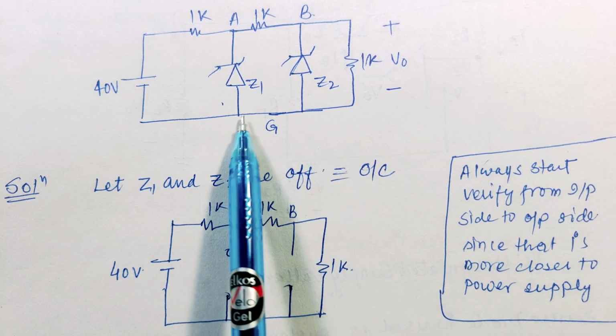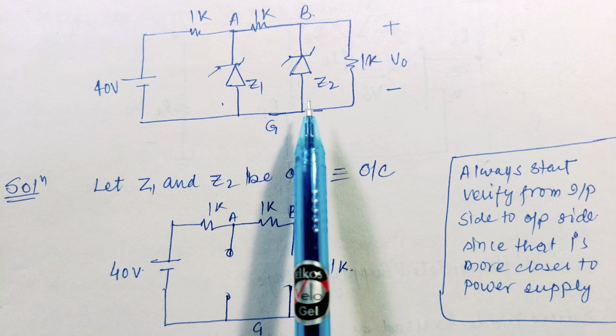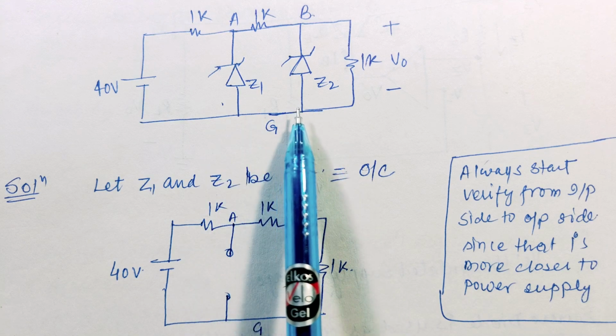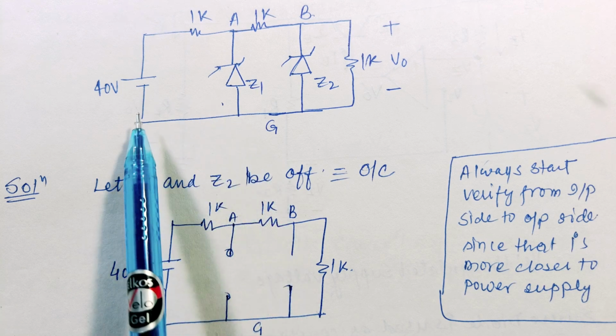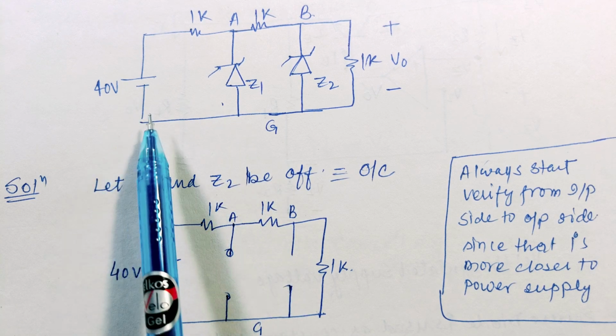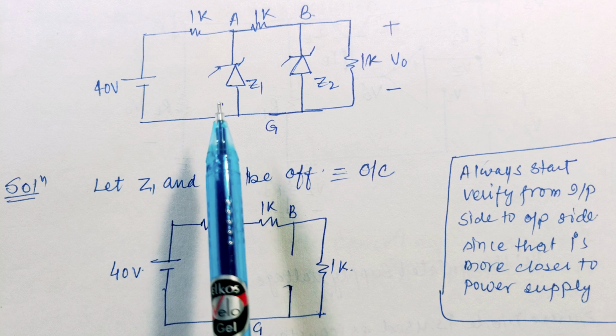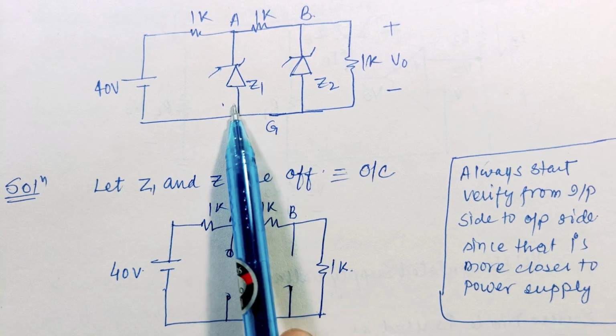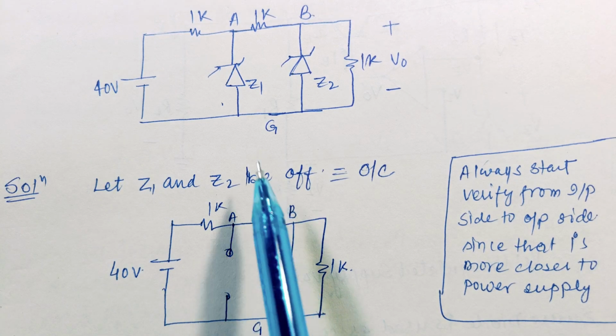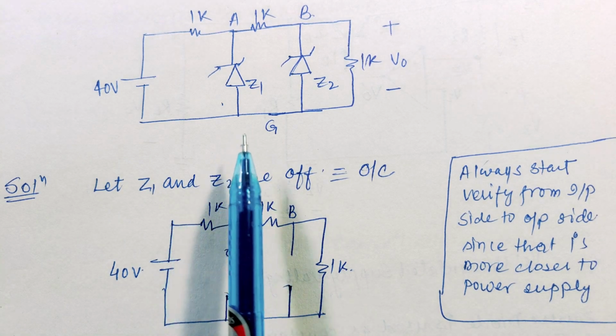If this type of condition arises that there are more than 2 Zener diodes connected in the circuit, then we try to find out the condition of the Zener diode which is nearer to the voltage source or current source first. Since the chances of a Zener diode being in breakdown region will be more for the Zener diode which is nearer to the source. We can use this concept. This may simplify our solution.